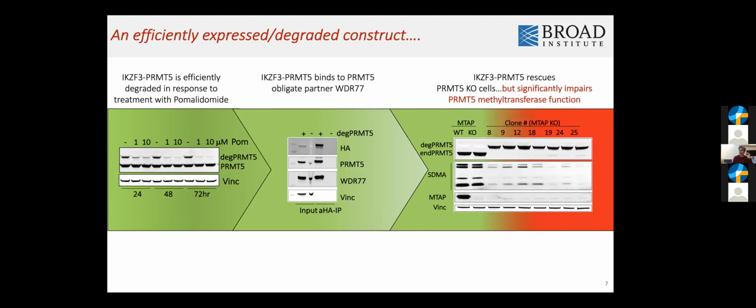However, when we then probed for total symmetrically dimethylated arginines, which is the methyl mark that PRMT5 places on its substrates, we realized that this construct was affecting PRMT5 methyltransferase function, and in doing so,